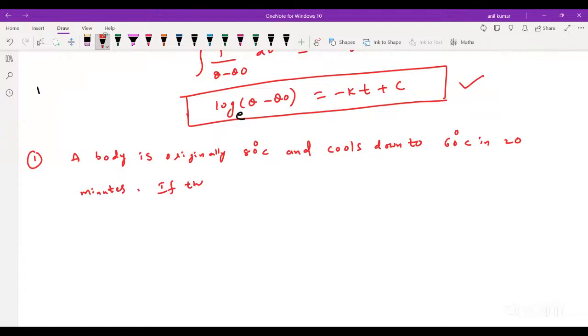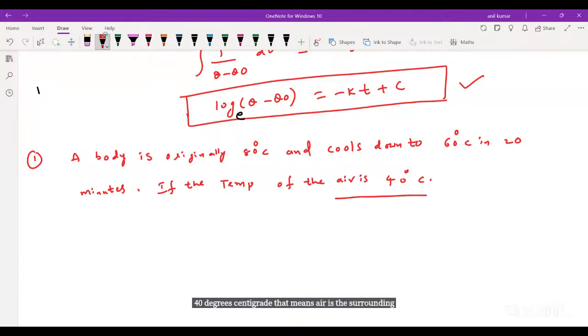If the temperature of the air is 40 degrees centigrade, that means air is the surrounding. Air is the surrounding. You must notice here. Okay? Then